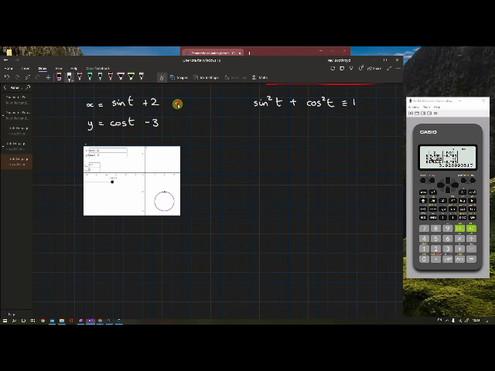Trig identity. So sine t equals x minus 2, and cos t gives me y plus 3. Put them into the equation. So this has moved the x direction plus 2, y direction down 3. Put them in now, and we've got x minus 2 all squared plus y add on 3 all squared